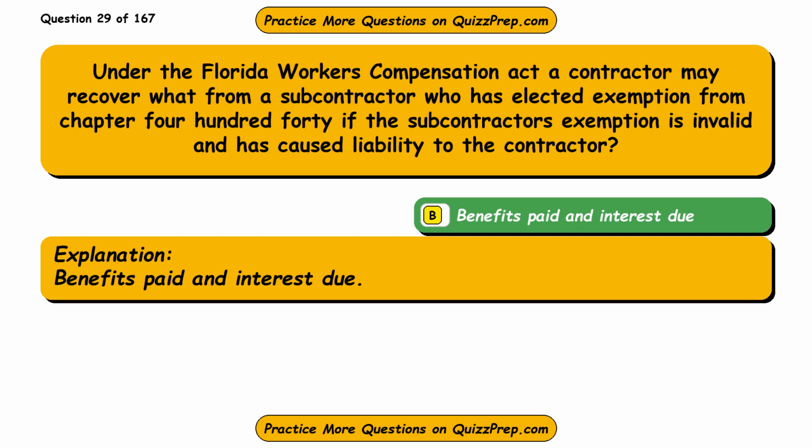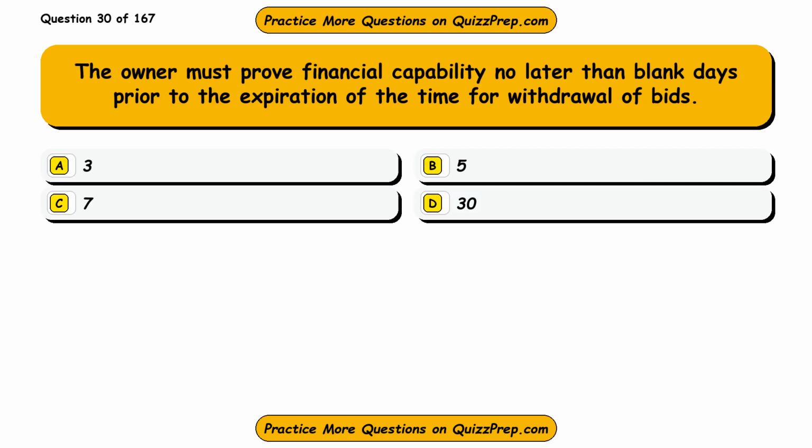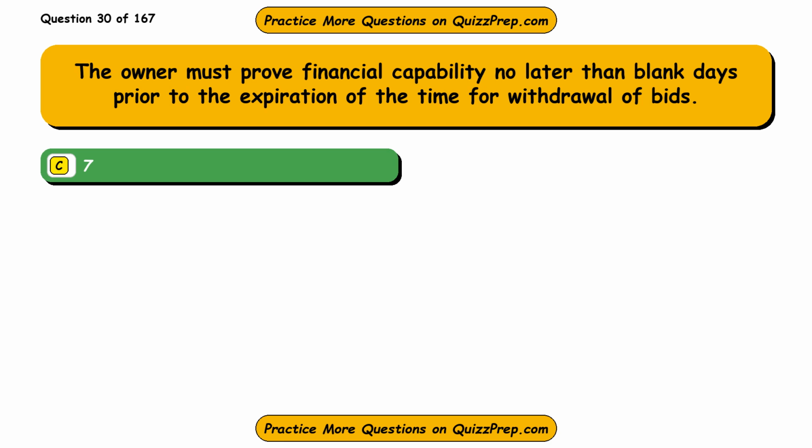Benefits paid and interest due. Question 30. The owner must prove financial capability no later than blank days prior to the expiration of the time for withdrawal of bids. Option A, 3. Option B, 5. Option C, 7. Option D, 30. The correct answer is option C, 7. AIA